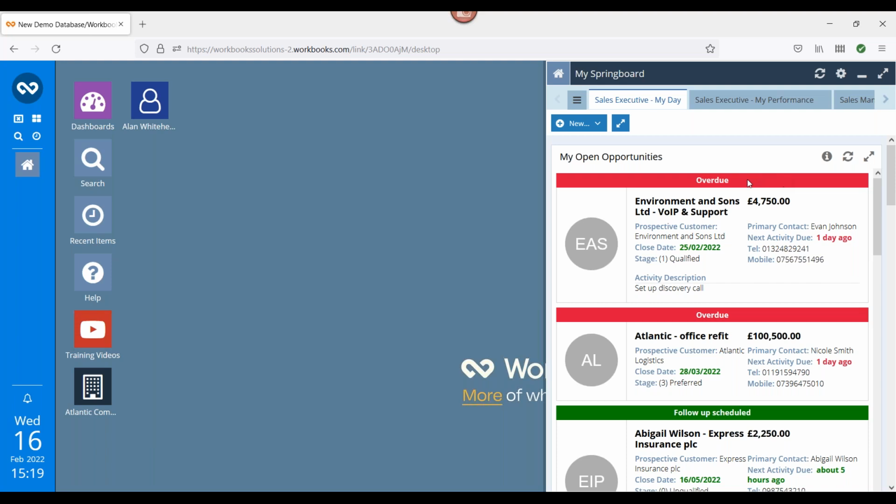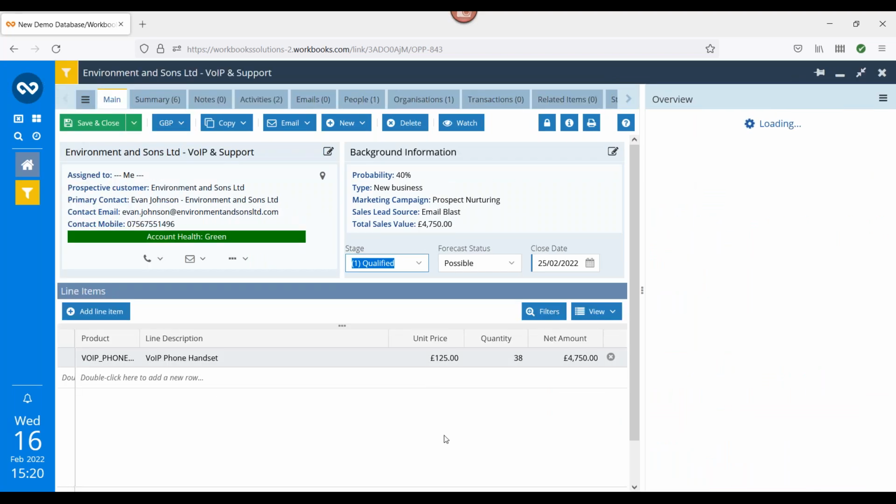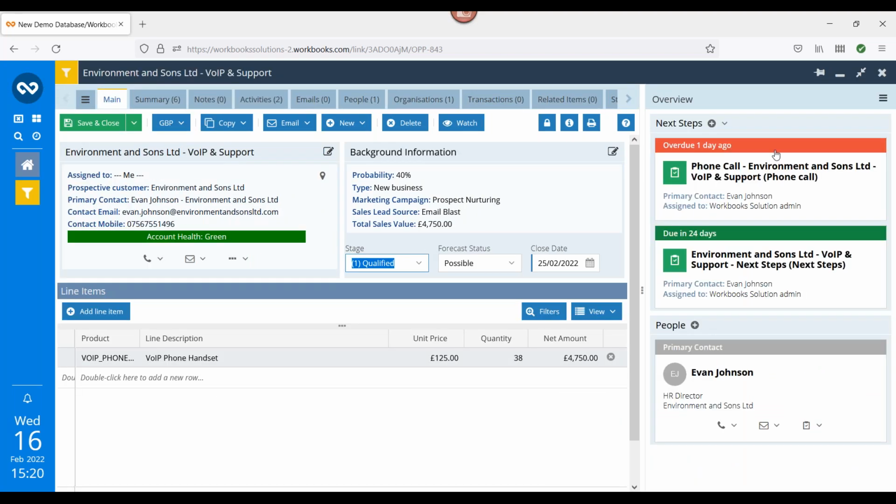Okay. Let me just take the next one. This one says it's got an activity, but it's overdue. So I'll open that one up. Let's see what that is. Again, this is displaying the overview panel on the right-hand side. No previous activities here because nothing has been closed off. Maybe it should have been. Now, forgive me that this demo database isn't in the best of shapes, but it's got a couple of activities linked to it. One is overdue yesterday. There is something scheduled for 24 days' time, which is fine, but it was tapping me on the shoulder saying, no, something's overdue. So if I pick that one off,